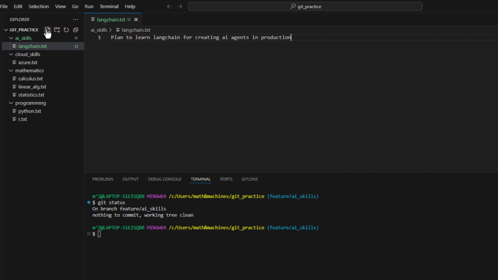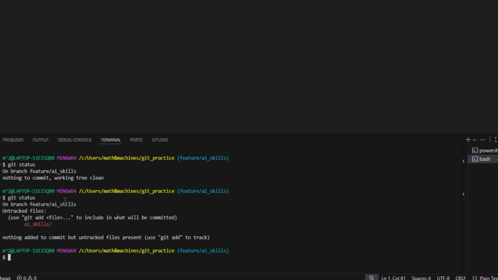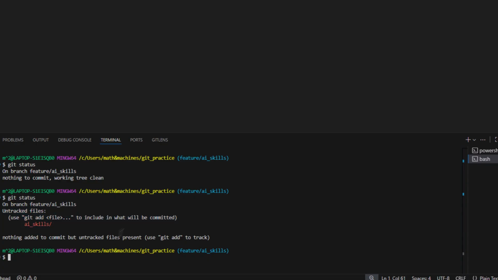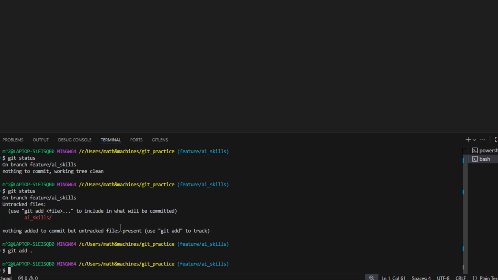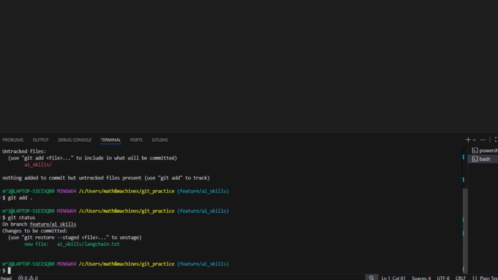Okay, we can save this. We will run git status, and now it will tell us that we have an untracked file under the AI skills folder, which we will first add to our staging layer using git add dot. And running git status again will tell us that we already have some changes in our staging layer and we can now commit them, which we will do by running git commit -m and then our commit message,